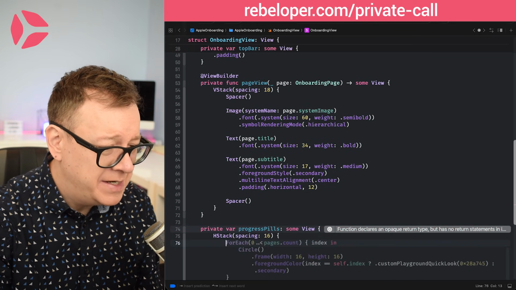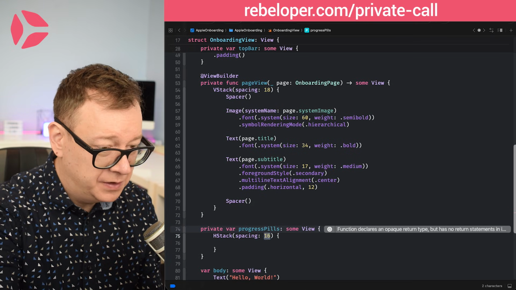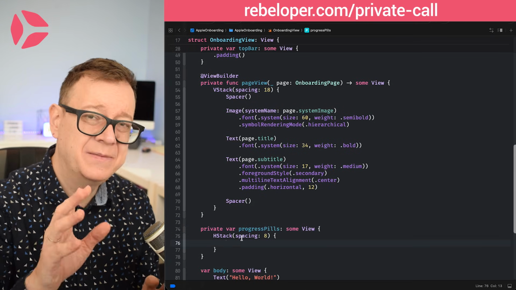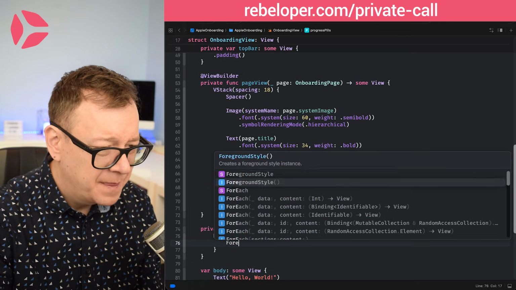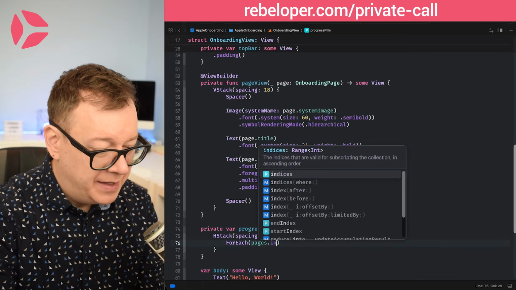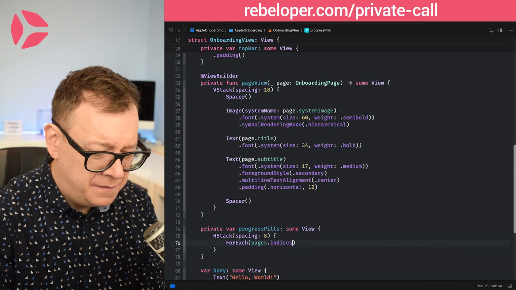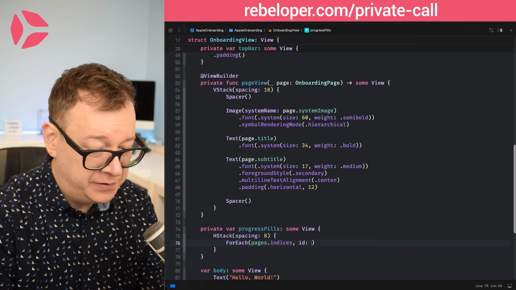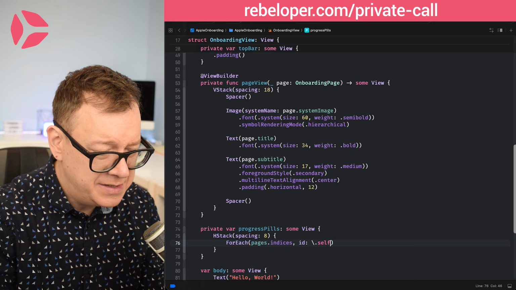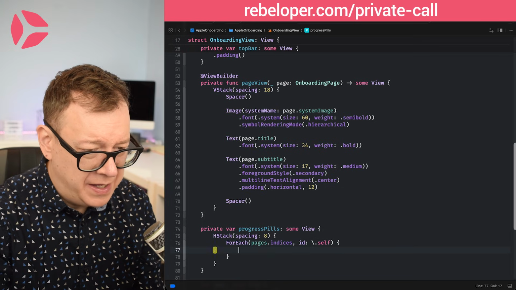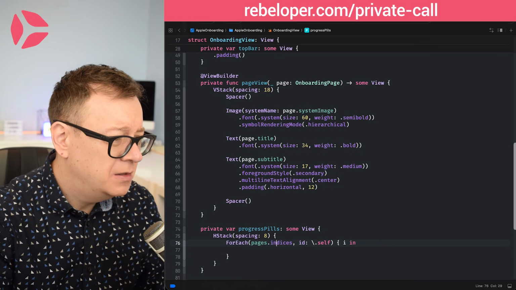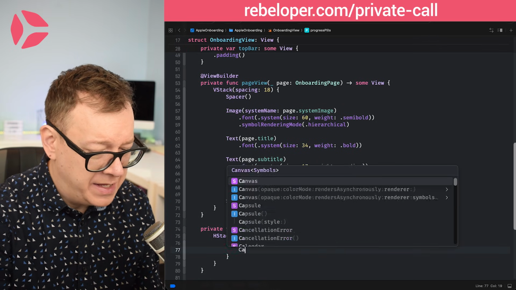So we're going to have an HStack with a spacing of not 16 but 8, and we're going to go through all of the pages indices. So for each pages dot indices, and for this you also need to set the ID to self, because these are just indices, and we're going to have an index in. Okay, so what I'm going to add in here is a capsule